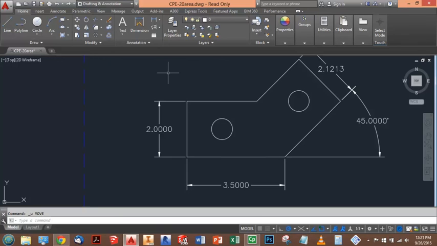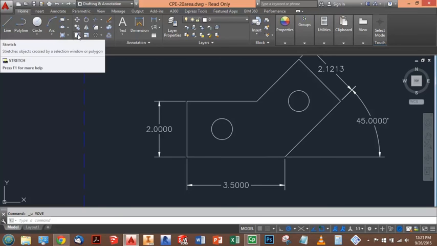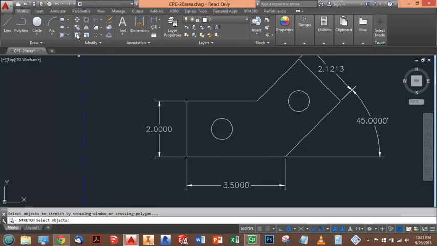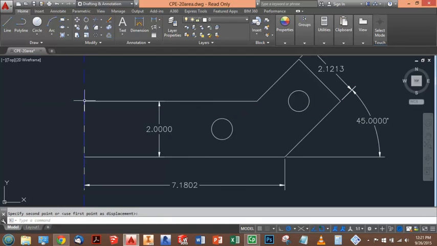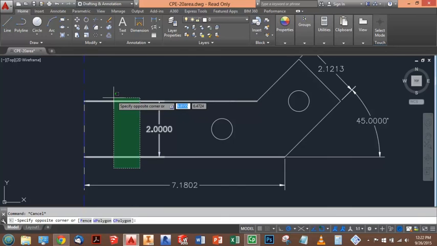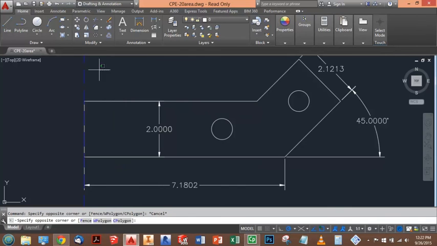So if I want to do it exactly the way they told me, here's how you can use the stretch command. So I'm going to pick stretch and choose the objects that I want to stretch. So I'm going to choose all these and I'm going to cross through the parts that need to stretch. Choose my base point, so I'm going to pick right here and then just stretch that straight over to right here. So the trick on this is you have to use a crossing selection window, the green selection window, when you make that initial choice. Now I can delete this,